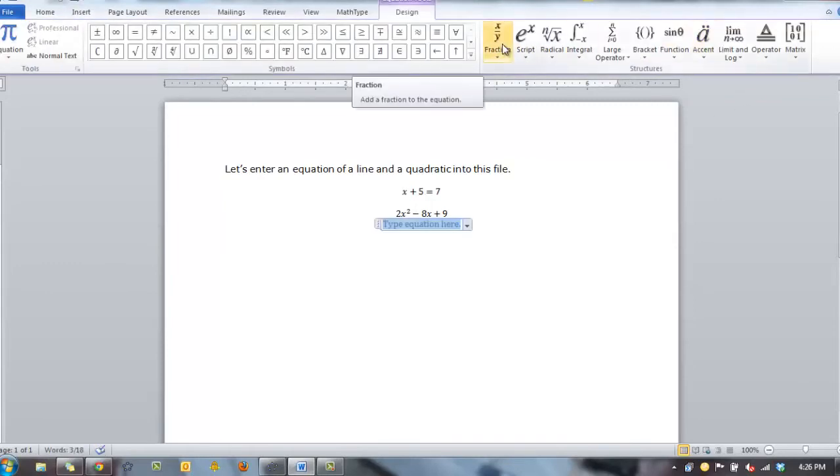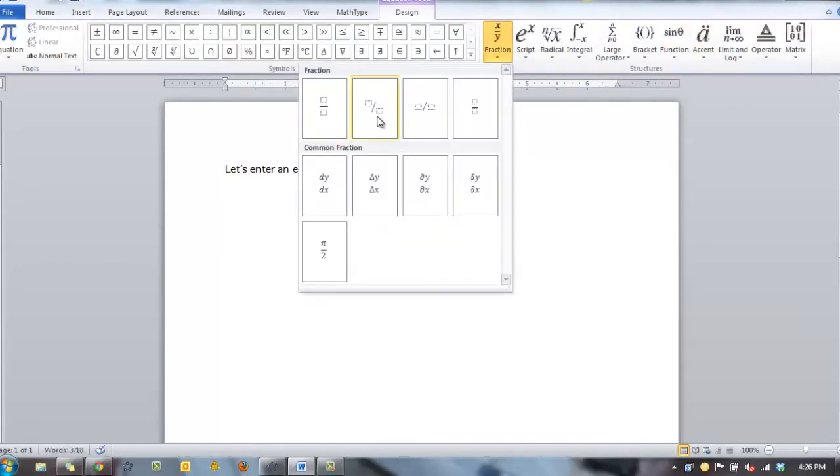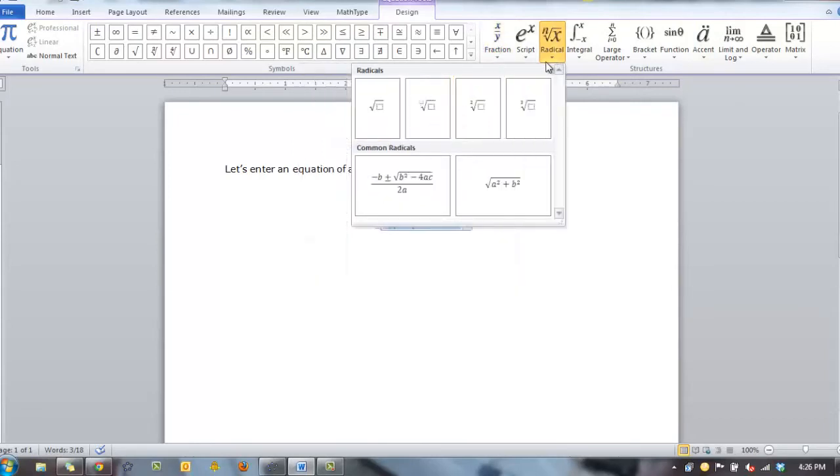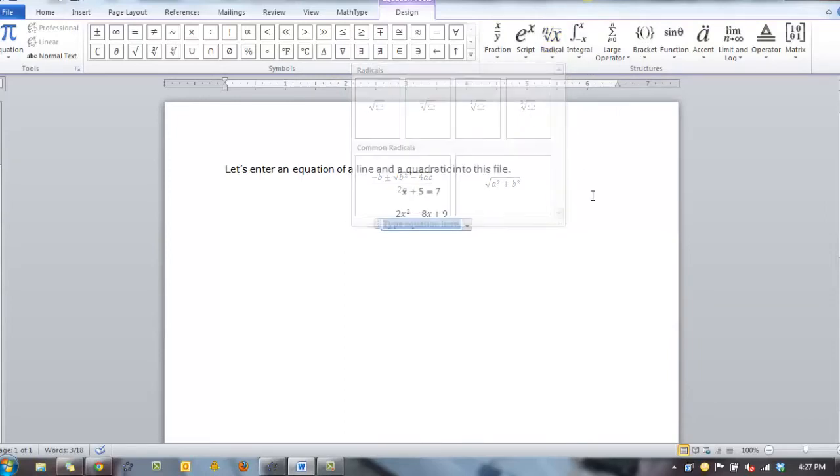If you want a fraction, you can choose the way you want your fraction to come up. If you want a radical, you might need a radical. You can do it this way. Parentheses and brackets, you don't necessarily have to use that way. Let me just write a nice equation here. You don't necessarily have to use them here. I could just say parenthesis 2x equal 9, close the parenthesis, and you can put your spaces in there,